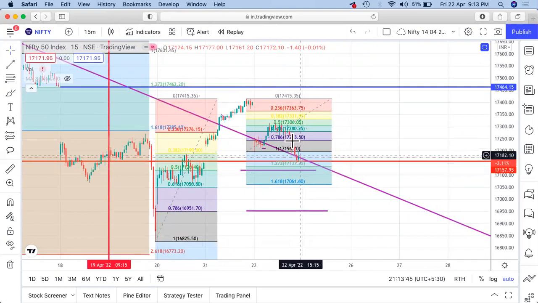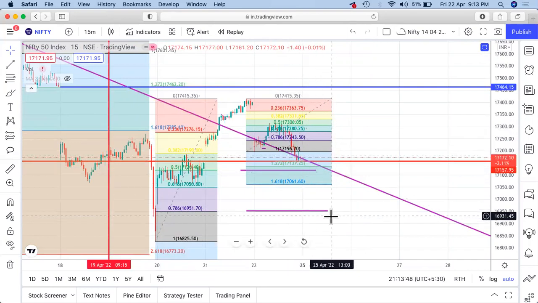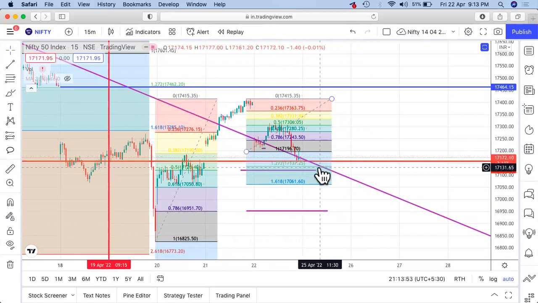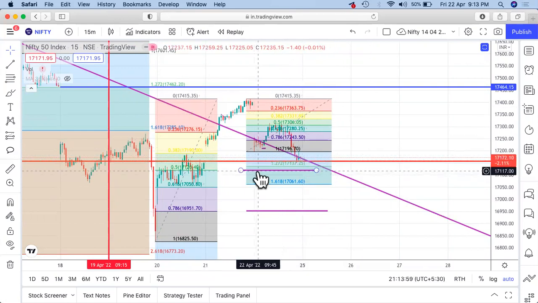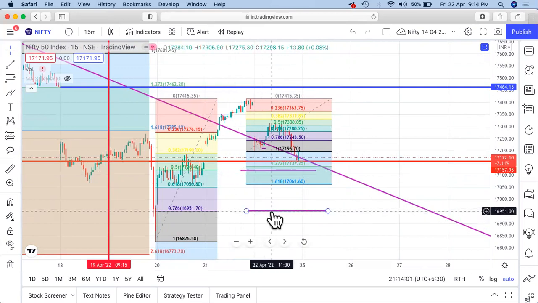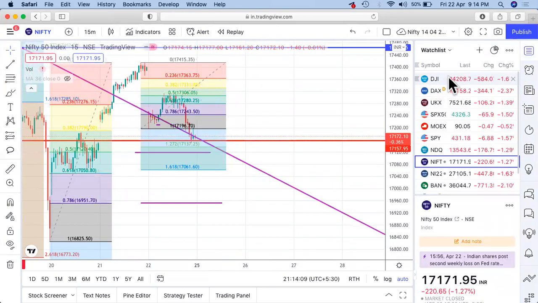Or if the market moves down further, then it would go down further. We're not pretty sure what will happen, but these can be the scenarios. First scenario is that it has taken support here, so it will start moving up. Second is it may take support at this part or at the 0.76 level, either of the three levels, and then it may start moving up, or maybe it will start moving down. It depends. Why? Because if you see